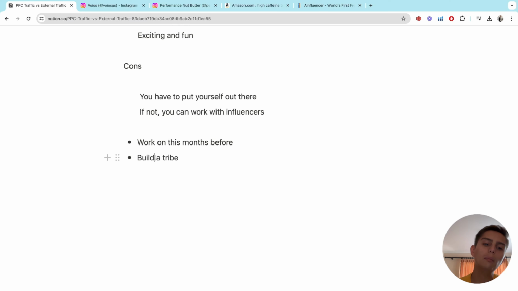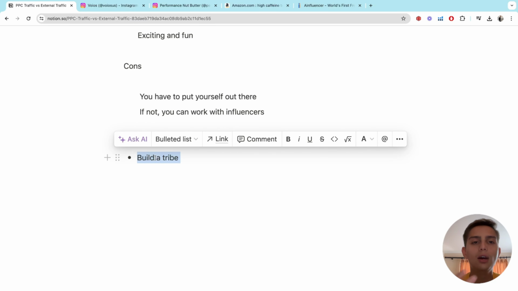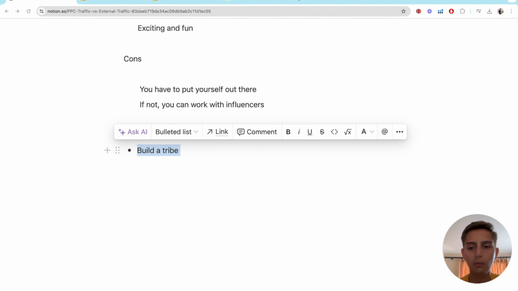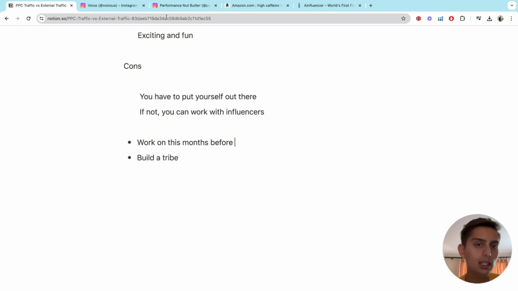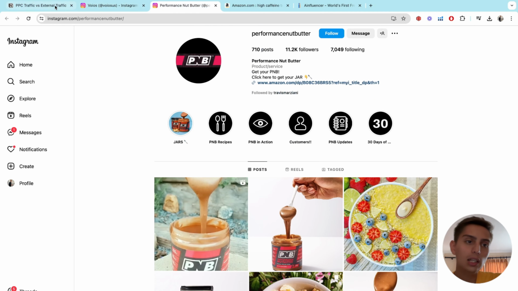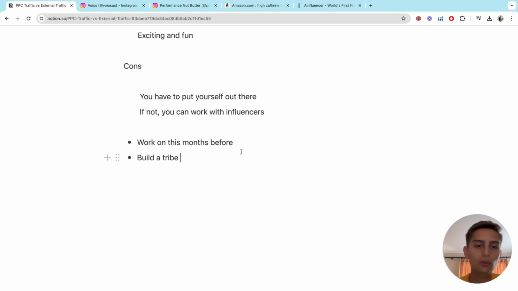Because you want to build a community, you want to build a tribe. Right now we are in this community, in the AMZ WhatsApp community, because we all like it, okay? We're all following the same goal, so we're gonna like the same content. We want the same outcome, goal. We are a community, okay? So think about that. If you create a community based on social media, you're gonna have a decent amount of followers. You don't have to have 100,000 followers, but with maybe 10,000, 11,000 followers in total of your platforms, that's way more than enough for you to have a successful launch, okay?